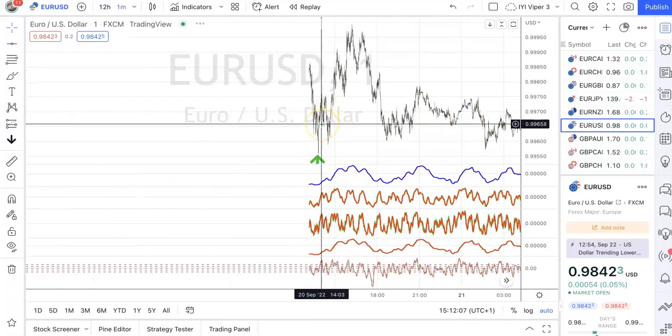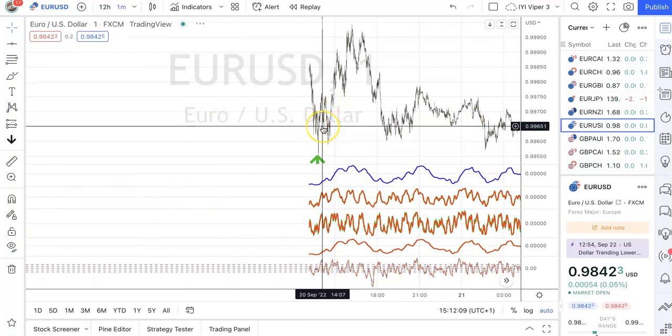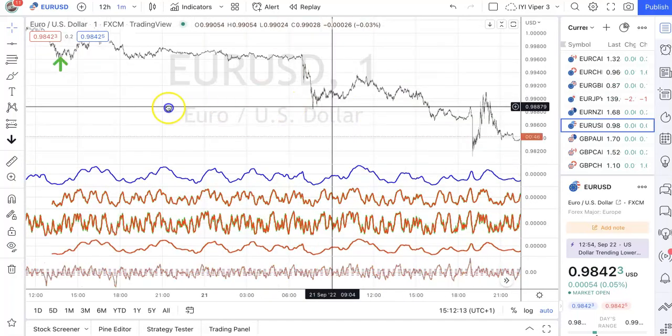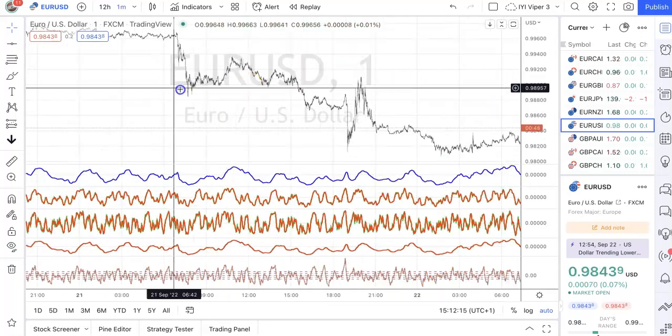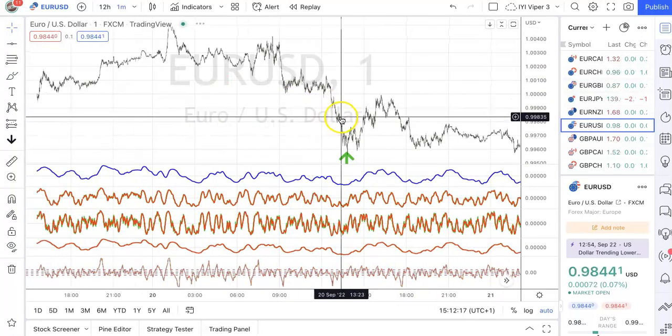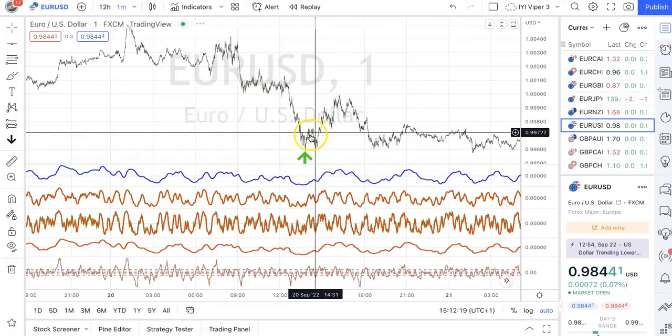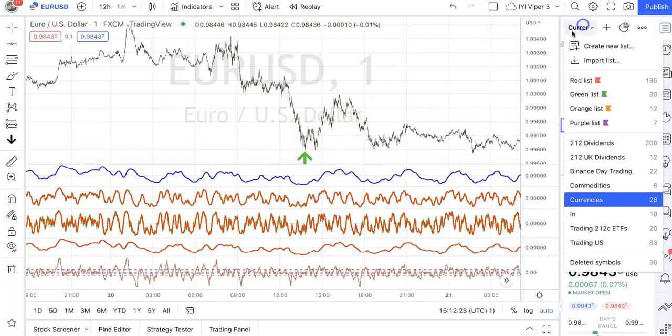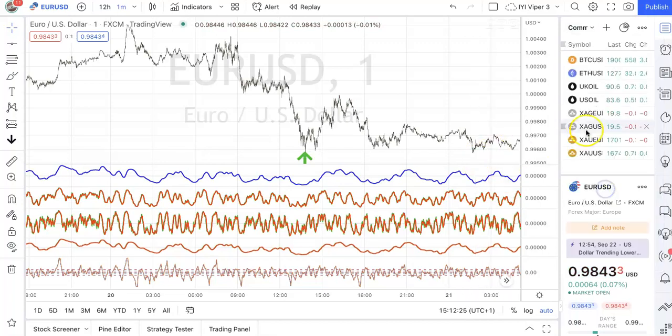There it is. Yeah. So that was taken down the bottom here, again on the oscillators and on the momentum for the day. It's carried on selling off. So it'll be interesting to look at that one, how that's gone. But we just took a short movement basically, and then we're going to have a look at